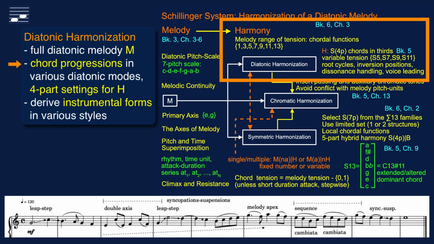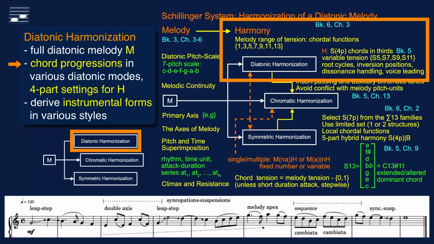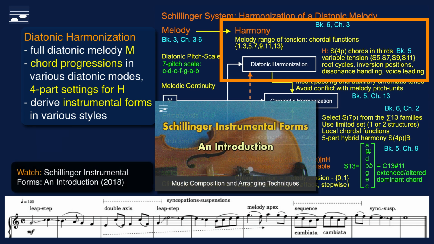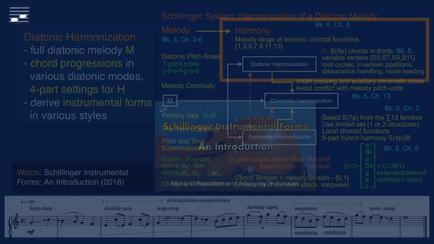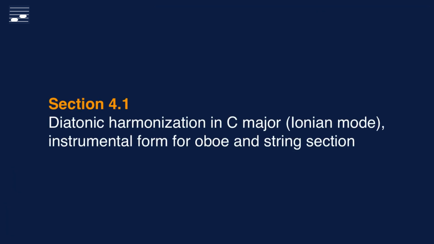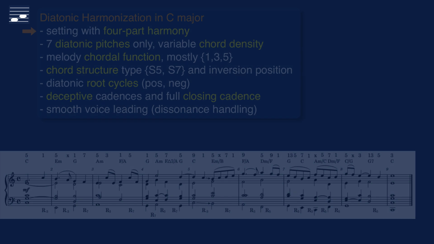There will be chord progressions in various modes, 4-part voice leading, and you'll hear instrumental form examples in various styles. For an introduction to Schillinger instrumental forms, watch this tutorial. So here's the first harmonization in the key of C major, and I tried to stay very close to the